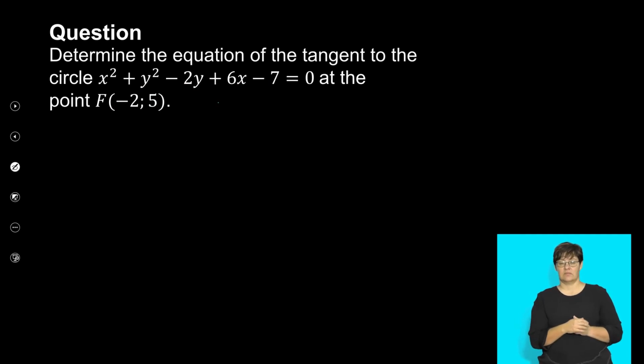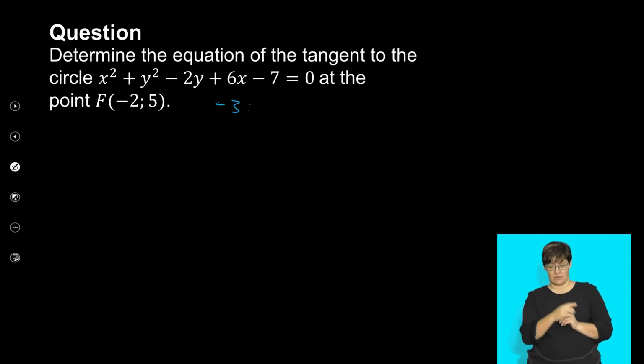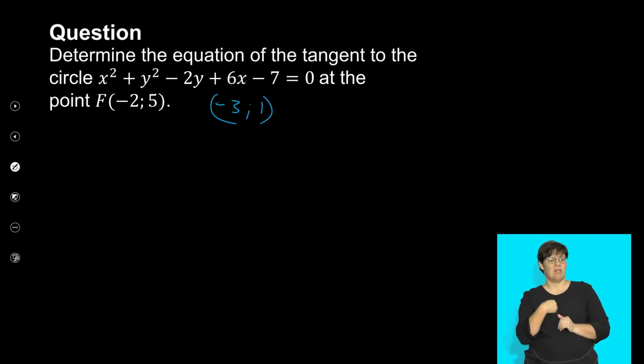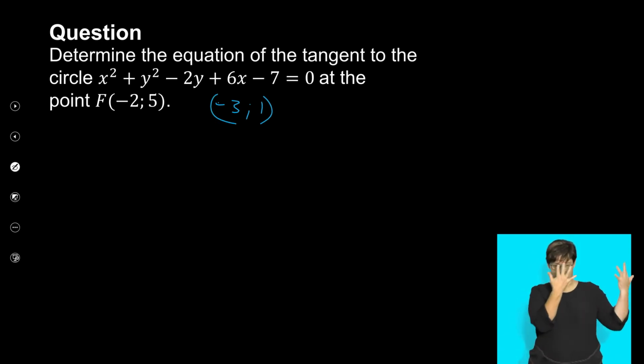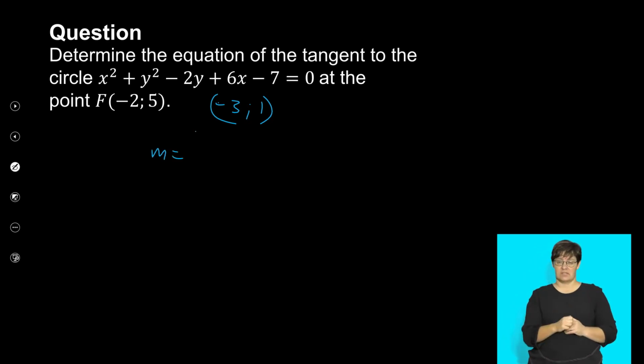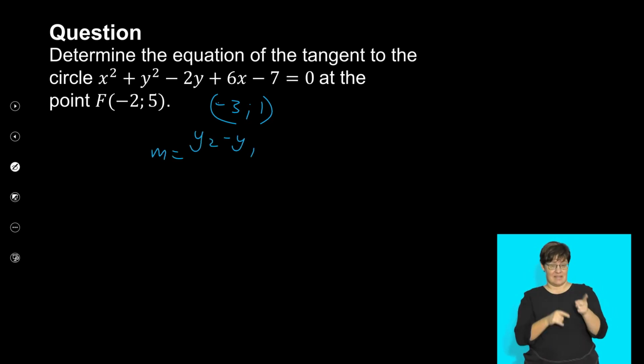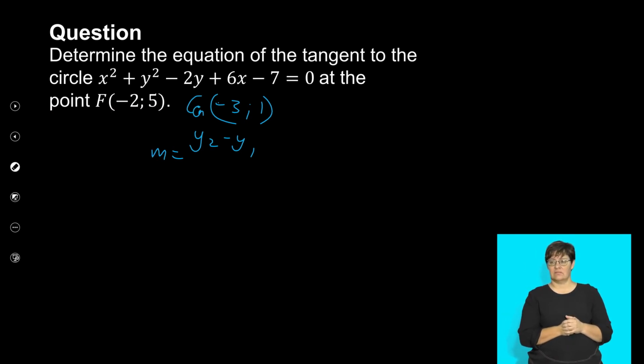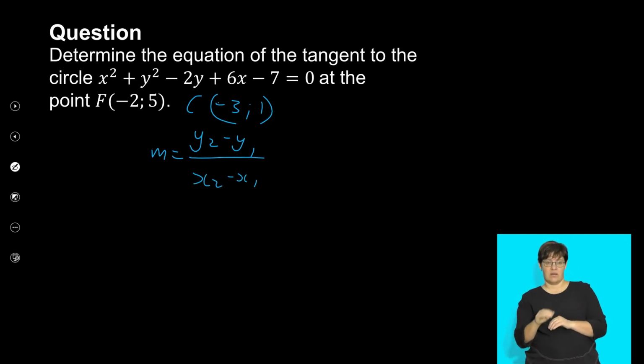So the center of my circle is (-3, 1). Excellent. Now that I know that, I can go work out the gradient of my radius. This was the center, let me just write it as a C. My gradient formula is (y2 minus y1) over (x2 minus x1), which is going to be